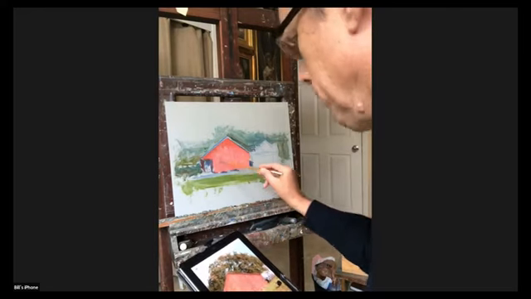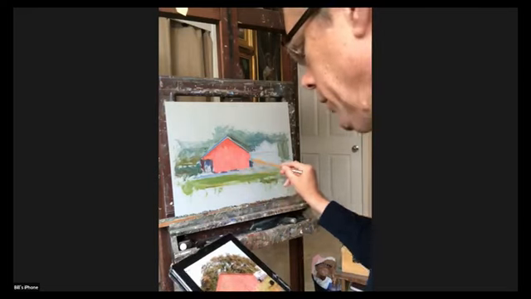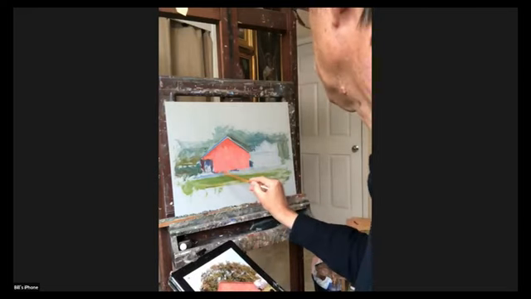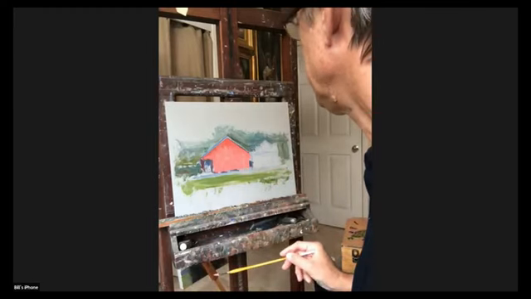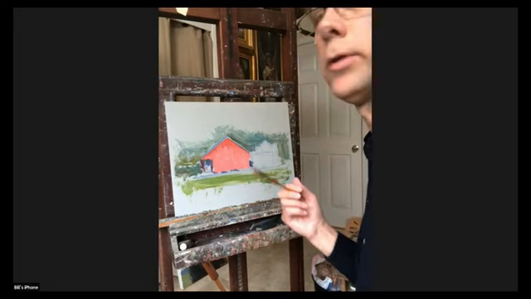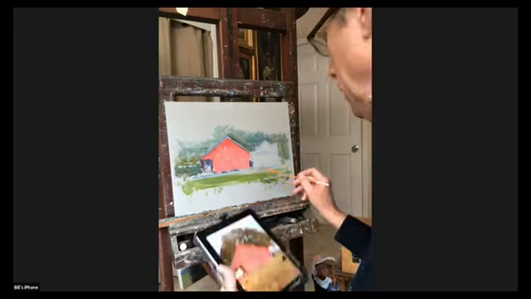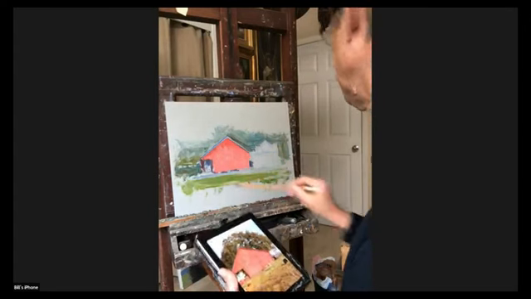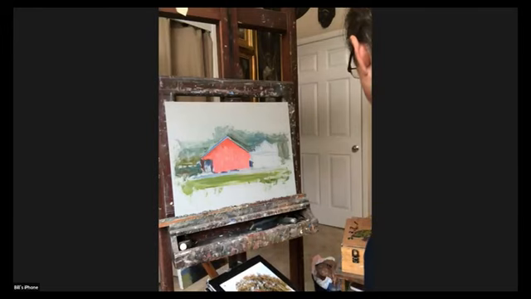Edges are real important because that's another thing that draws a viewer into a particular area. So when you have sharp edges, or I should say, if you want someone to focus in on the area, make the edges sharp, because that will create a focal point. So this barn, I'm going to have sharp edges,